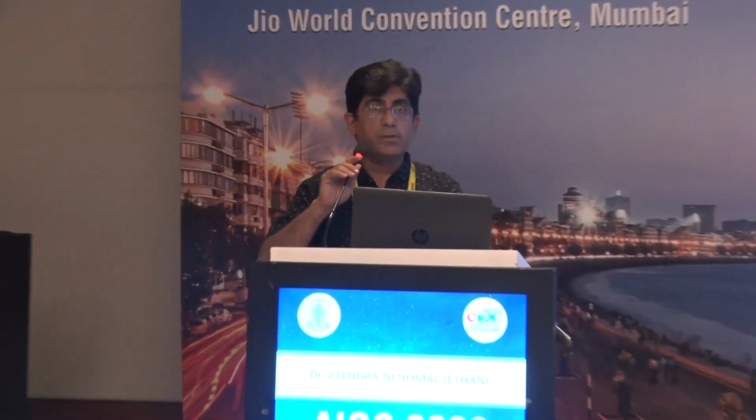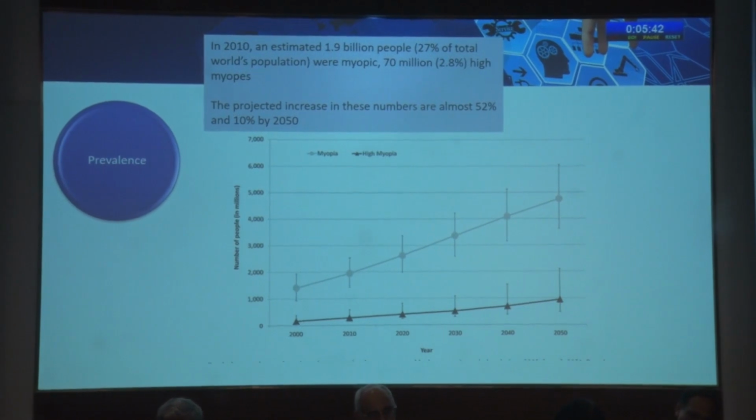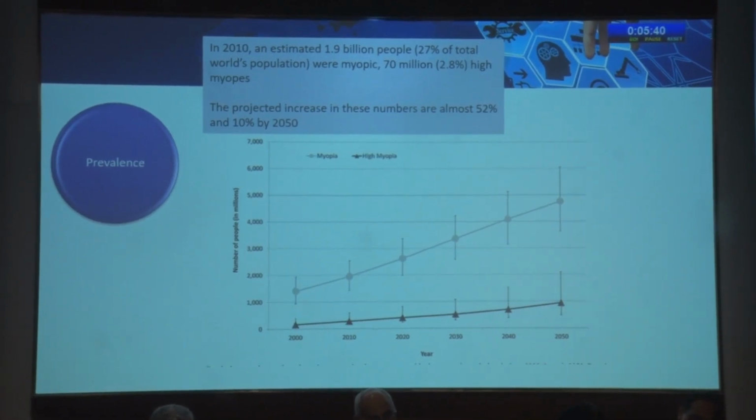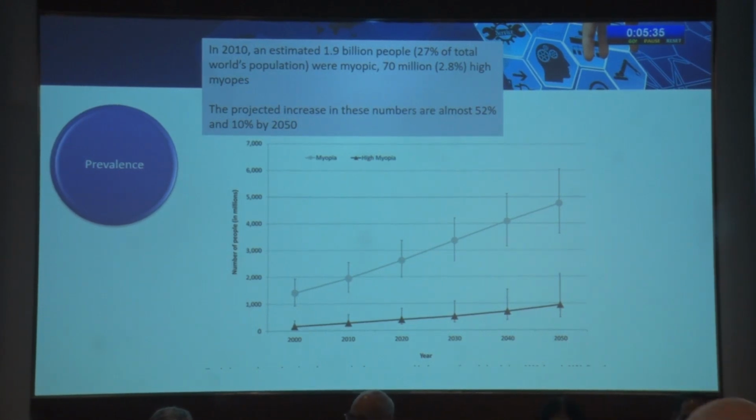Sorry for the mishap. As we were discussing, myopia has now been recognized as a disease which does progress. Way back in 2010, Brien Holden came up with an article extrapolating how much myopia there could be because of progression and increased prevalence. We now know that by 2050, almost 52% of children would be myopic and 10% would be high myopes.